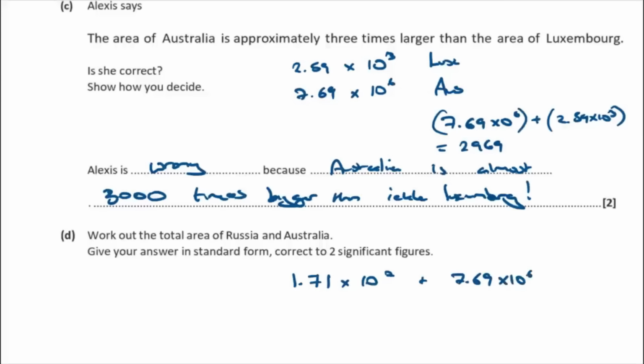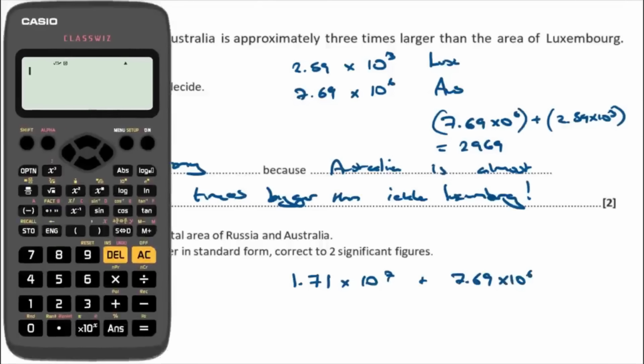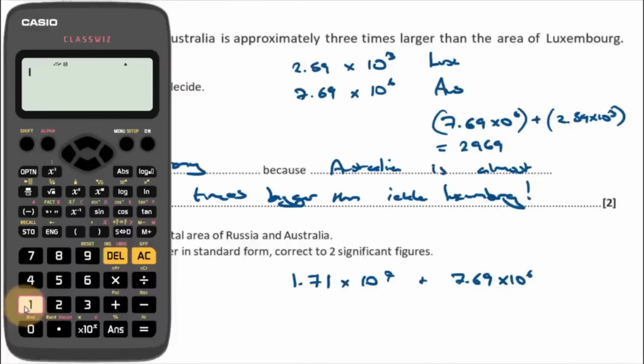So again, I'm just going to use that calculator button for powers for standard form on the calculator. 1.71 times 10 button. Type in the power, which is 7, plus 7.69 times 10 button. Type in the power 6, and that comes out to be